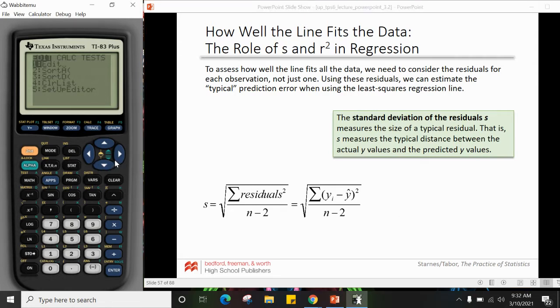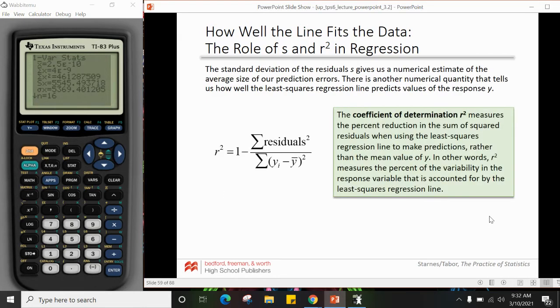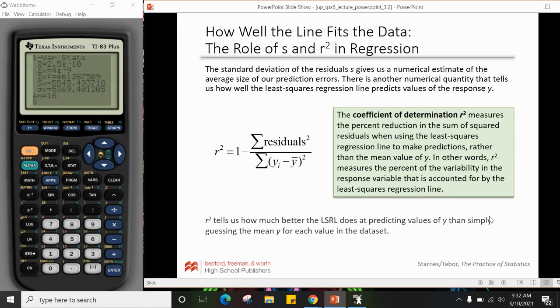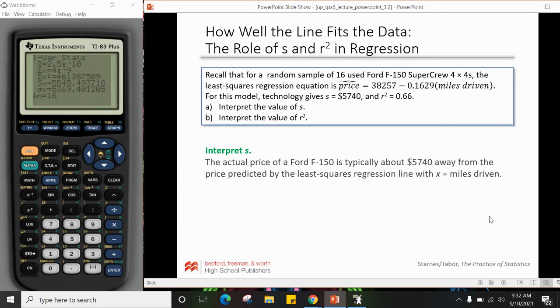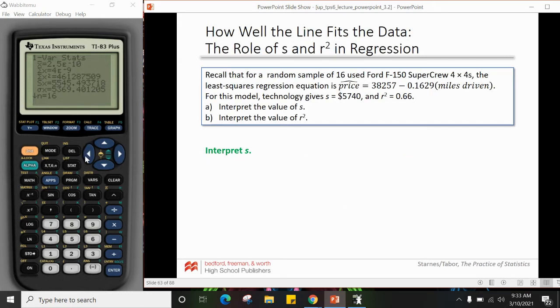So I can go over to calc 1 var stat, but of my residuals, L3, press enter. I'm not getting my S that I want. All right, I'll explore more how to get our S, but our R squared does come from that least squared